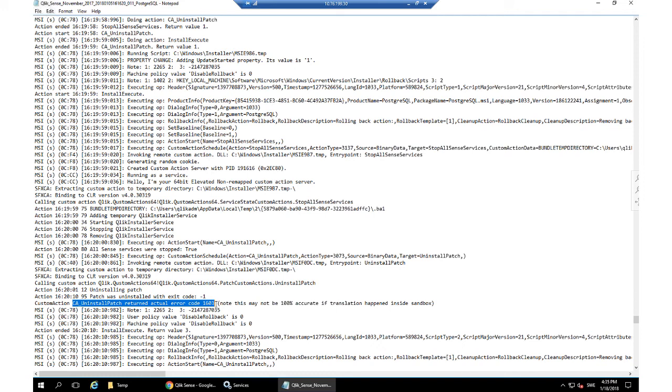As I said before, this was an attempt from Qlik Sense June 2017 patch 3 to November. So we could clearly see that the installer for some reason failed to uninstall the patch. The workaround for this issue was just, as I explained before, to uninstall the patch manually and then run the upgrade again, and it worked. So you can search this string in this log, and you will most likely find the root cause